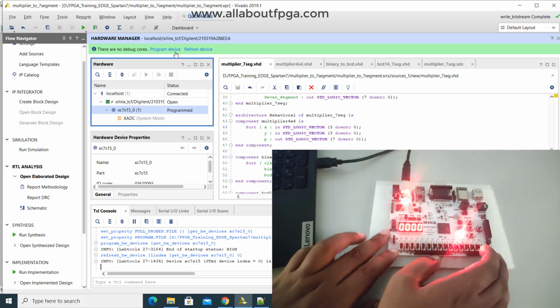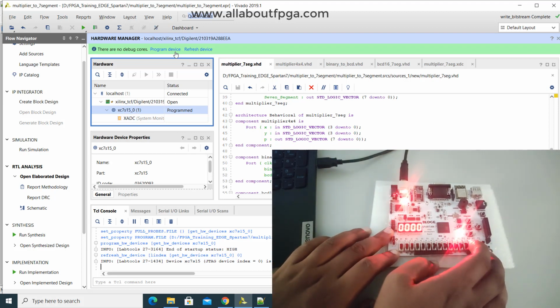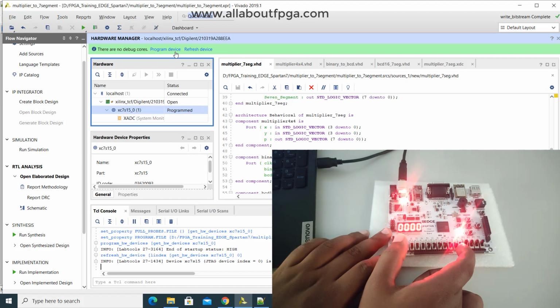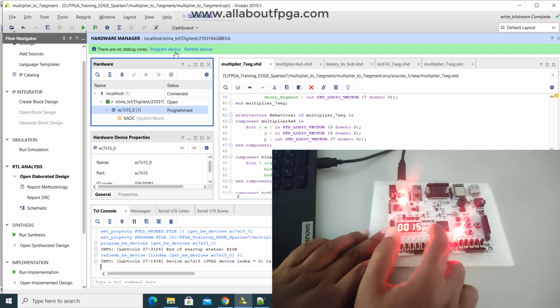If I make the first 4 bits high, you don't see any output difference until I make the 4 bits of y any value. So here you can see 1111, that is nothing but 15. If I make the y input first bit high, then it will display 15.